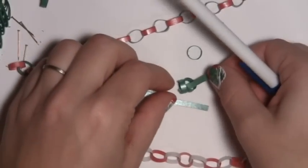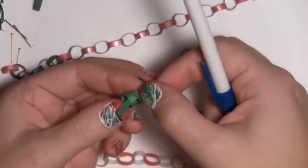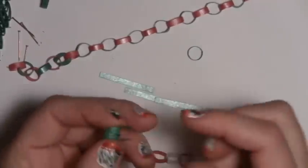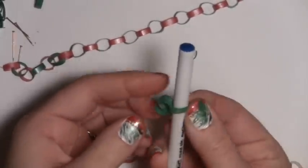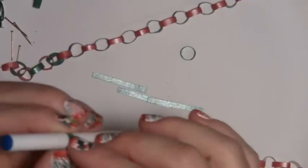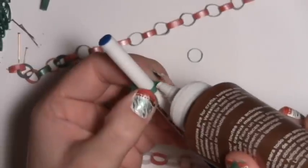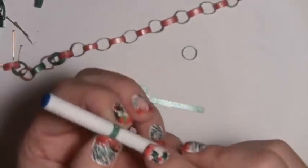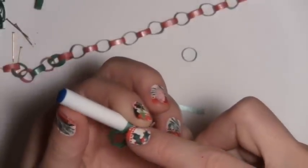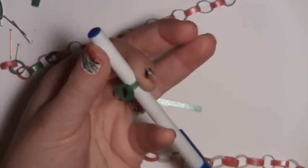So how I made the chain link is I took my strip and I stuffed 2 links in there, and then I wrapped it around the pen just like that, and then I pinched the papers together so I had the flap out and the under layer under and pinched, and then I roll my finger on over the glue so I wipe off the excess, and then I just hold there